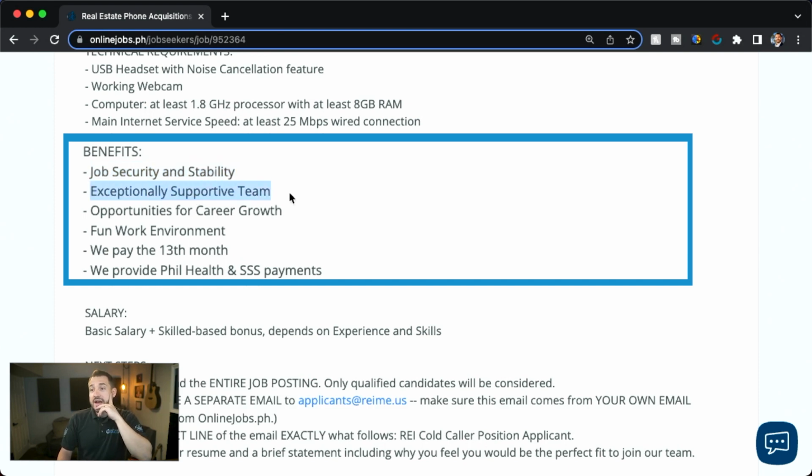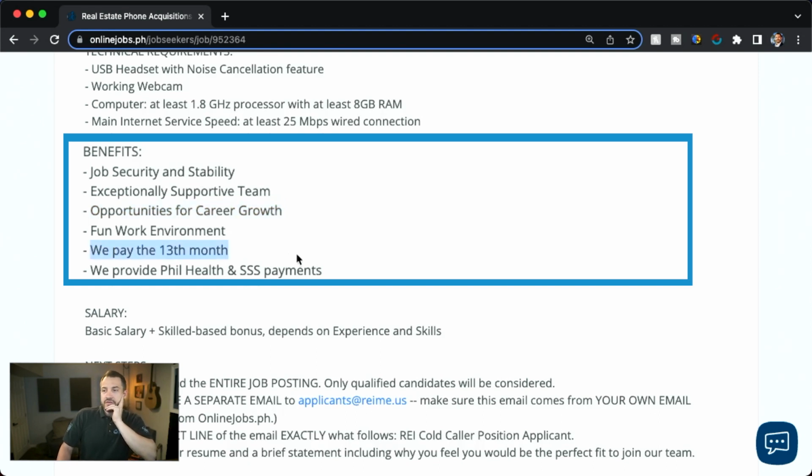So we do have an exceptionally supportive team. There are opportunities for career growth. This was the key point there where I talked about partly defining benchmarks. You'll get into that in the interview, but at the end of the day, we put this in there so they know that you don't have to be a cold caller if you just want to be a cold caller, in addition to the point that I made about other skill sets that they might have to benefit your business, and then it branches out from there.